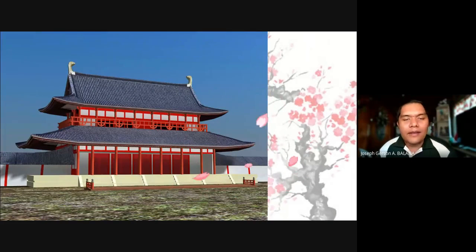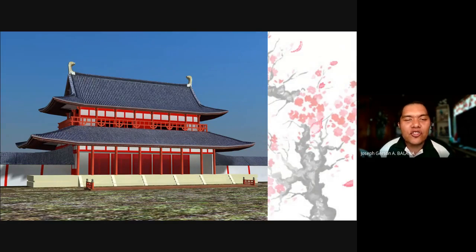Now, the Rashomon is actually a grand gate, a gateway in the ancient Japanese era, the Heian period, in Kyoto. In Kyoto, Japan, there is this large entranceway, large triumphal gate. They call that the Rashomon. And this is a rendition of how the Rashomon is. The picture on the slides that you can see is their interpretation of what the Rashomon looks like.